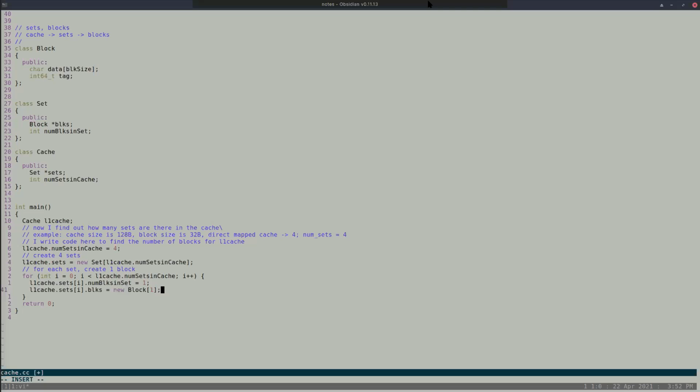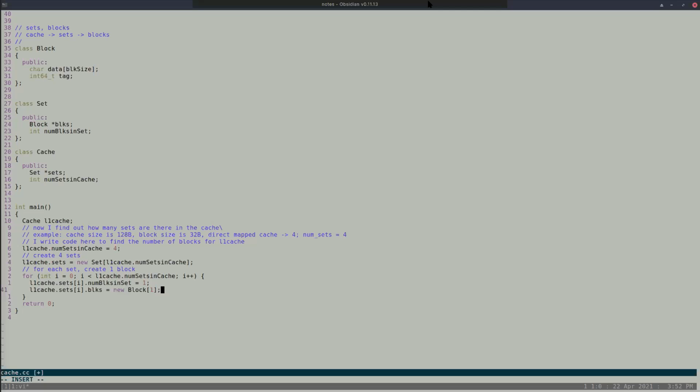Now I have a beautiful cache with me, and it is running perfectly fine, right? So I have a cache which has its own sets and its own blocks. I have designed a cache as simple as this, but now we have to add more functions to this because it is not doing anything. I don't know what's the tag, I don't know what's the address, I don't know anything of that sort, right?